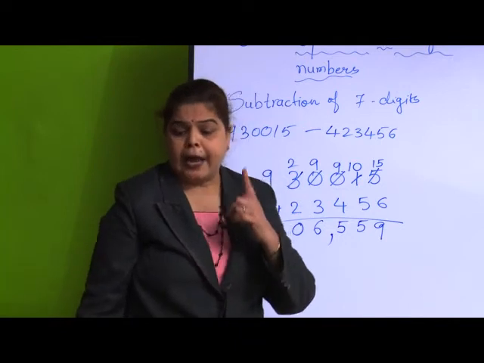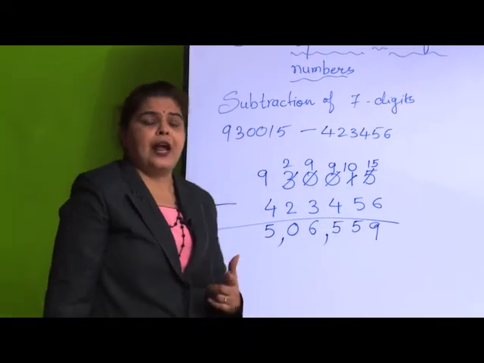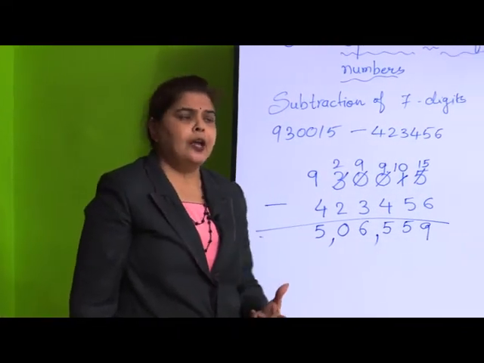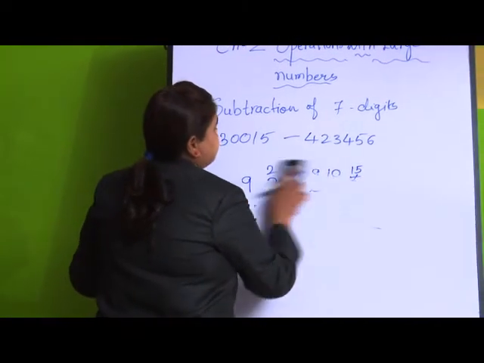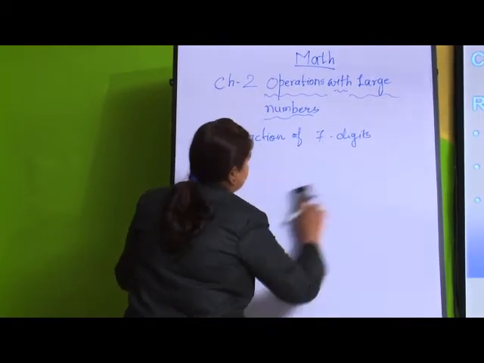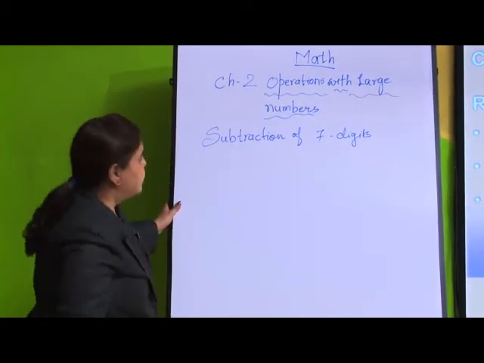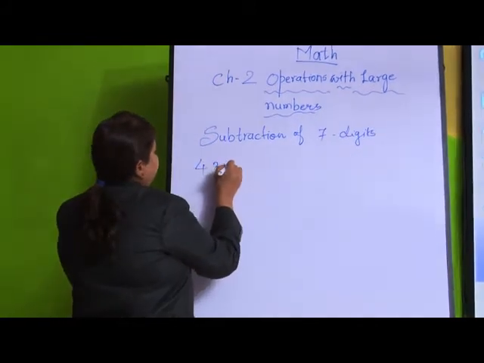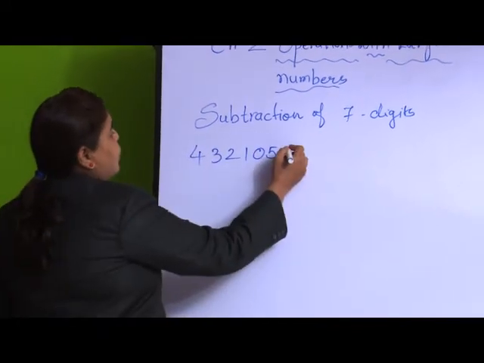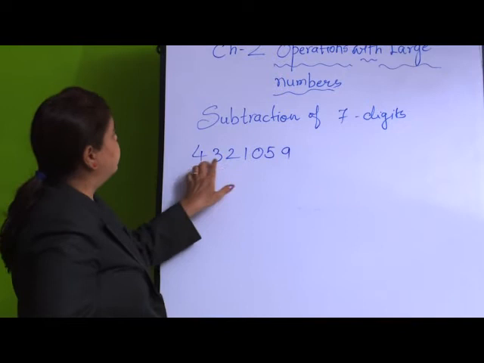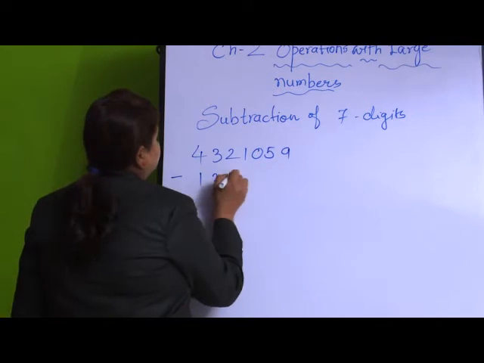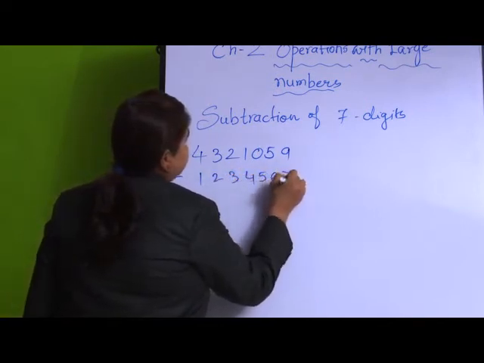One more thing, we have to check the subtraction with an addition. I will give one example. You can take your own numbers and practice this. What will be the checking of subtraction with addition? Suppose I am having a number as 4321005. Because we are learning about 6 to 7 digits, I will go for one more digit. This is your 7 digit number, 1, 2, 3, 4, 5, 6 and 7. This 7 digit number minus another 7 digit number.